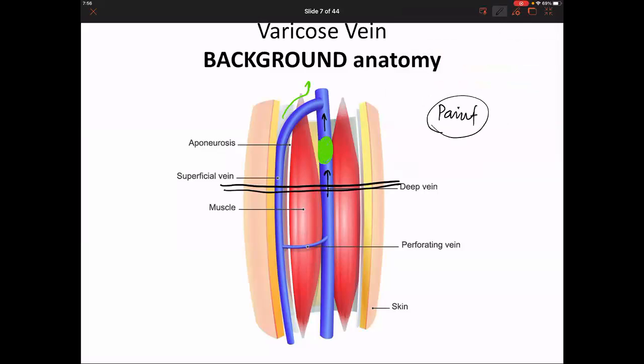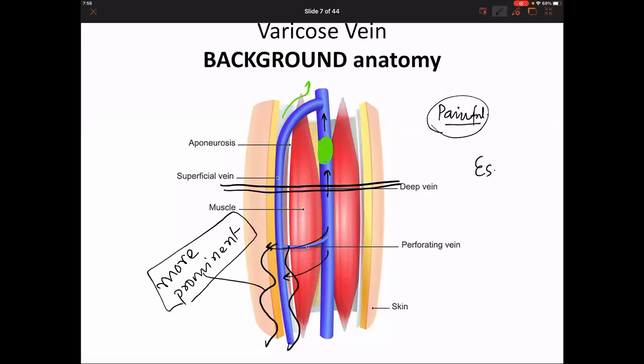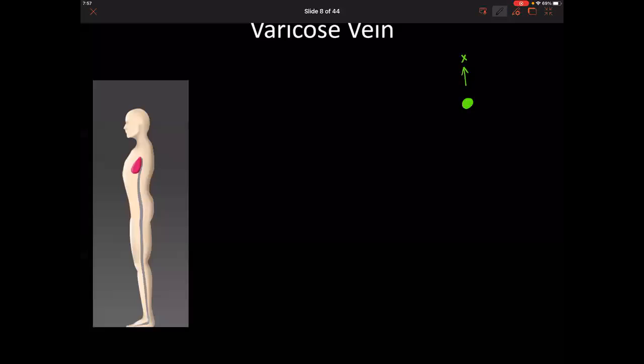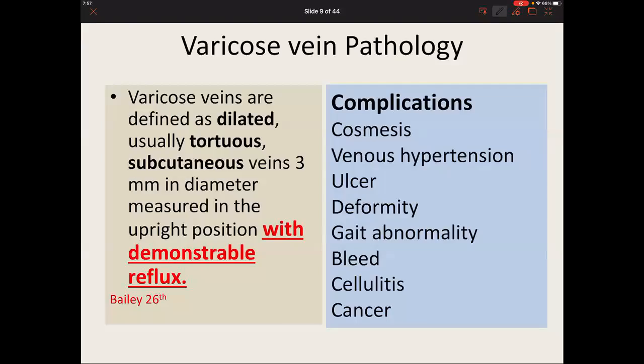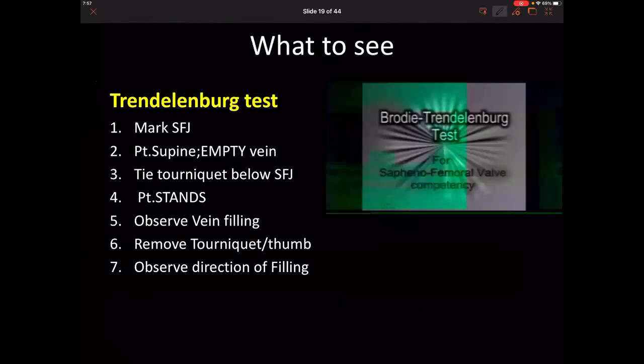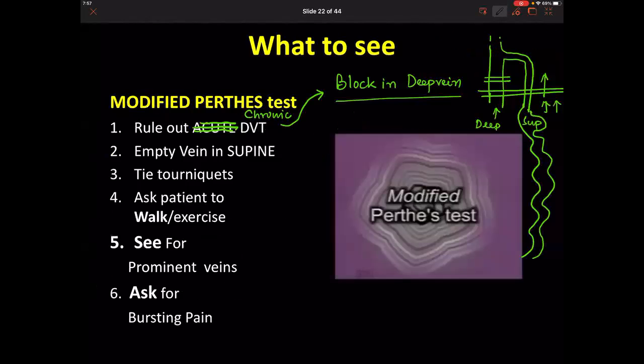It is going to be a painful limp. Plus, remember that all the blood is going to come back, and the varicose veins will become more prominent. Now, this test was originally done by Perthes by tying an Esmarch bandage, which you may have seen in orthopedics. An Esmarch bandage stops all superficial circulation, so the only route is the deep vein. But we don't get an Esmarch bandage every day, so we used a simple tourniquet.